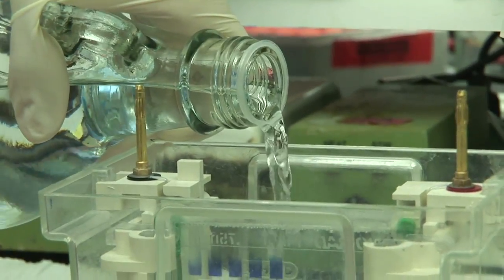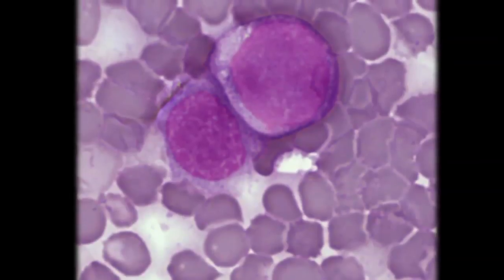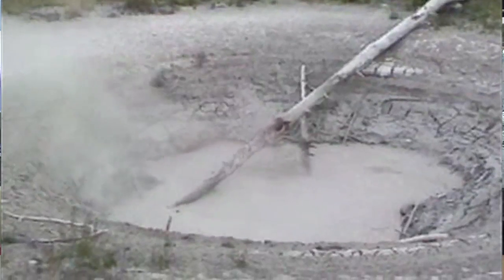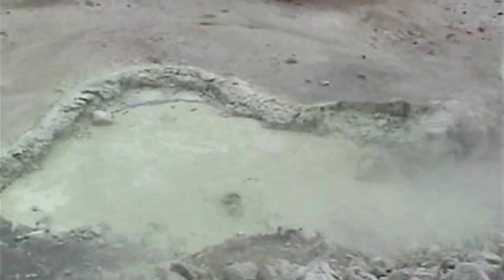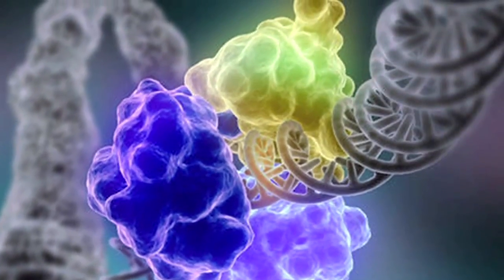when DNA double-strand breaks aren't repaired properly, it can lead to certain types of cancer, specifically leukemias and lymphomas. And my lab is using a rather unique model organism that hasn't been popularly used for this sort of thing in the past. The organism that we're using lives in the boiling mud pots of Yellowstone National Park. It lives in boiling acid, and it suffers DNA insults on a daily basis. And it uses proteins to repair DNA double-strand breaks that are very much like the proteins that you and I